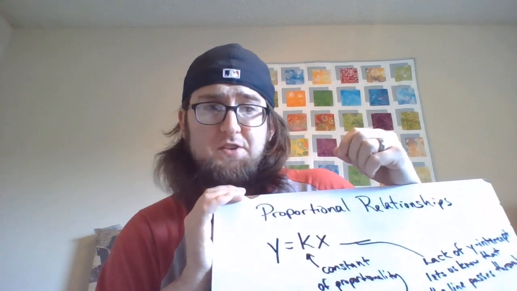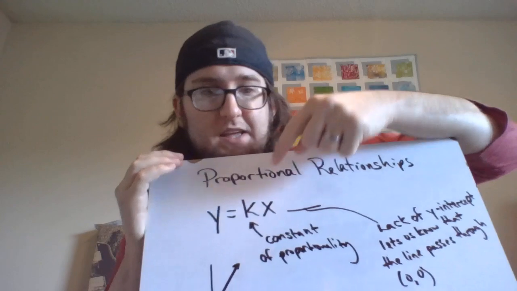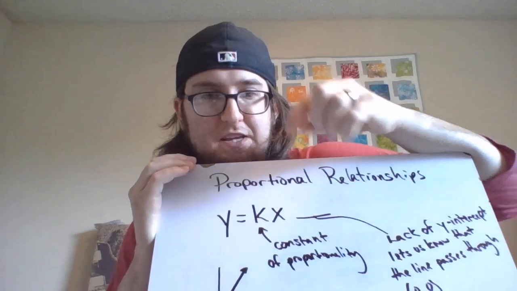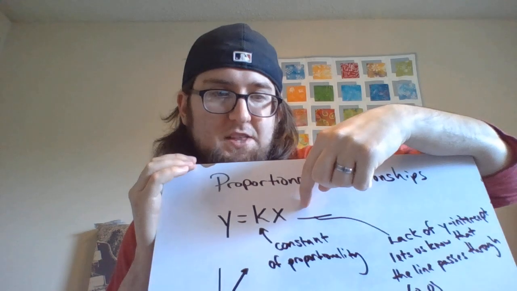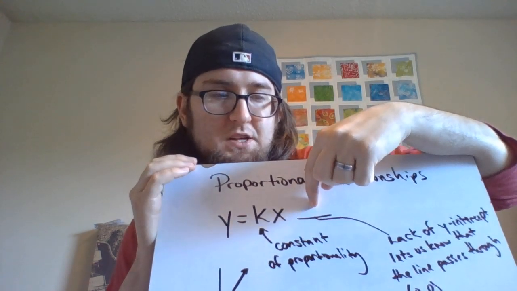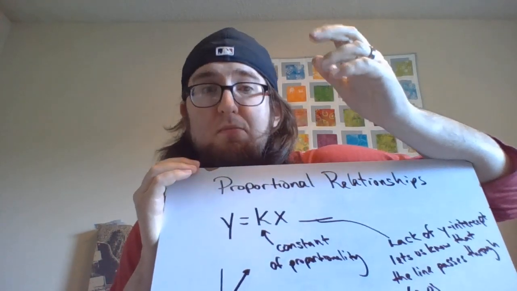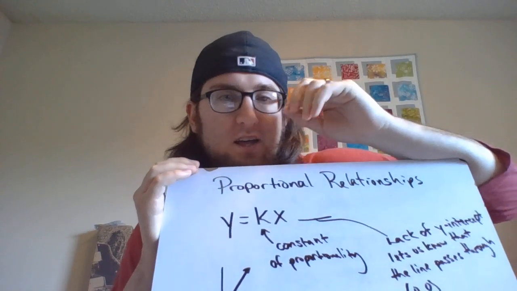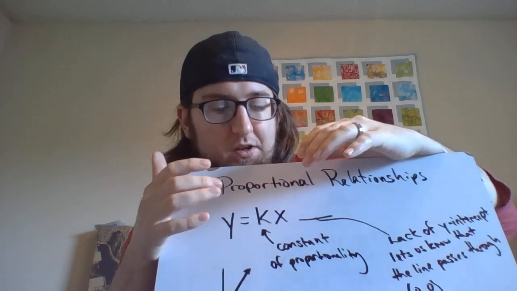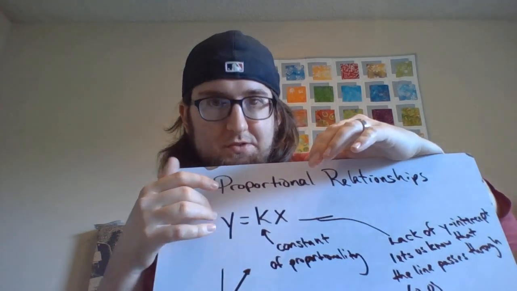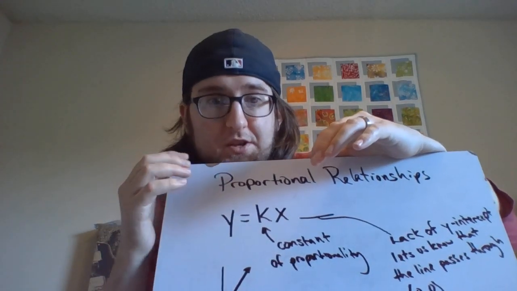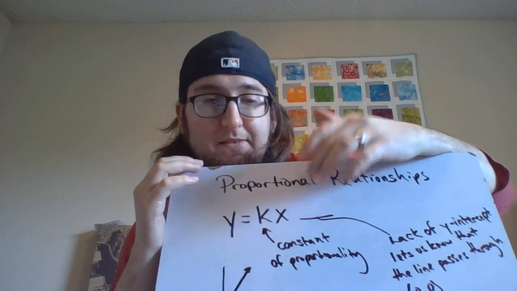Also, for those of you that have done linear relationships, you'll notice if you take this and compare it to y equals mx plus b, that there is a missing b here. That doesn't mean that there's nothing here. It's plus 0. So what that tells us, if you remember, b is the y-intercept. So that means that a proportional relationship, if you drew the line according to linear relationships, would have to pass through 0,